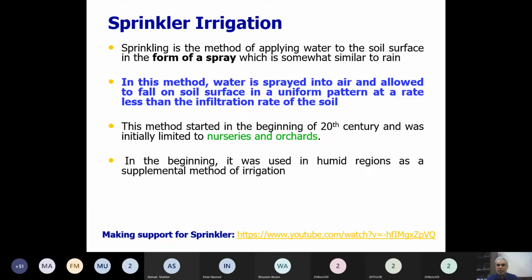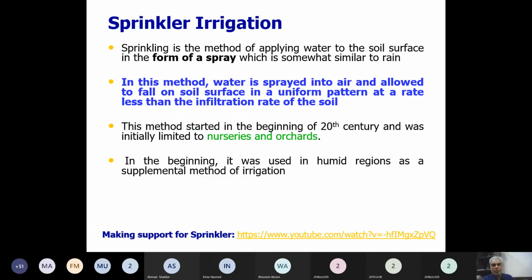So for orchards and for nurseries, people can use this method. And those people who have a sufficient amount of money, like the golf courses, frequently use this method. It looks good also. And another benefit is that, unlike the surface irrigation method, where you have to prepare the land, or you have to